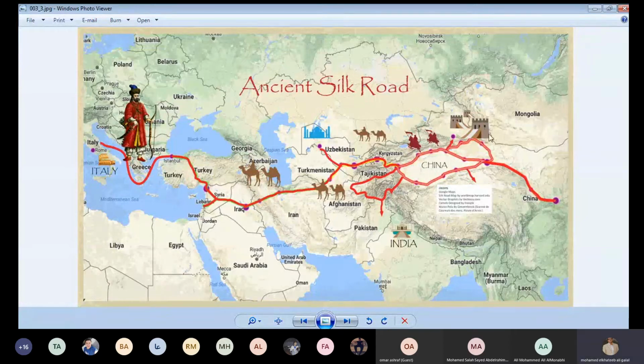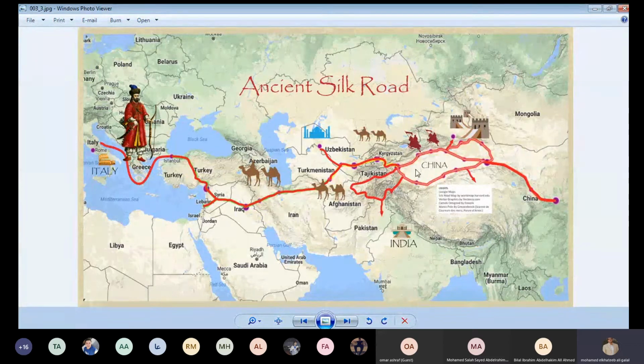Can you figure out what these goods are? The Silk Road. Yes, exactly, the Silk Road. Do you know anything about this road? Mister, I know that it was a very famous trade route through Asia and Europe. So the Europeans simply went through this route to get some kind of goods from China and India and introduce them to the Europeans.